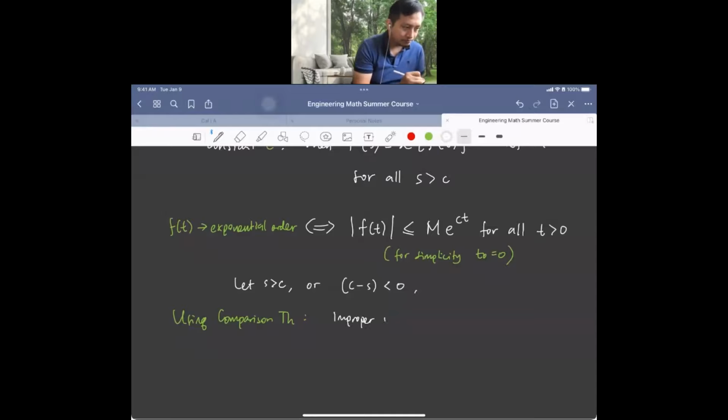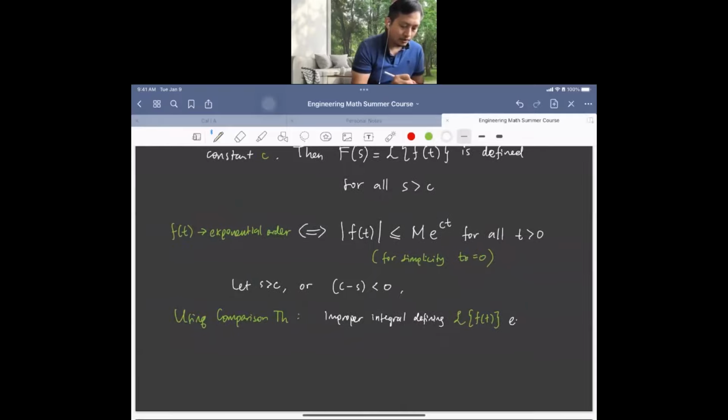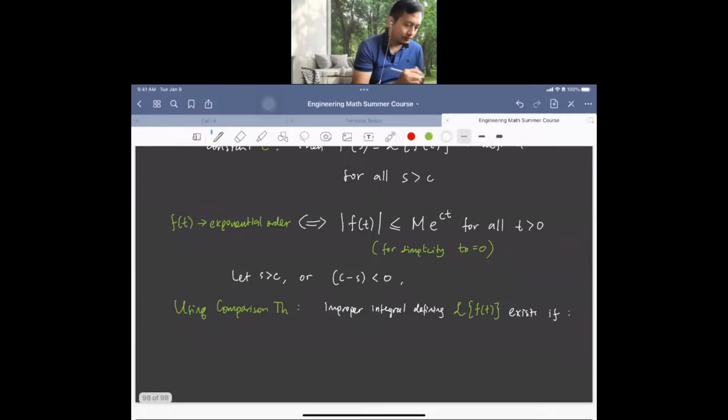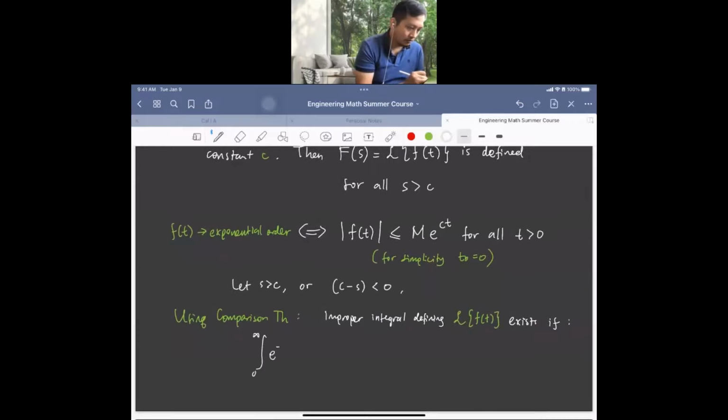The improper integral defining the Laplace will exist if we take M e to the ct dt. We could take out the M, or let me just combine this st with ct. This will be e to the c minus s t dt, equal to M,